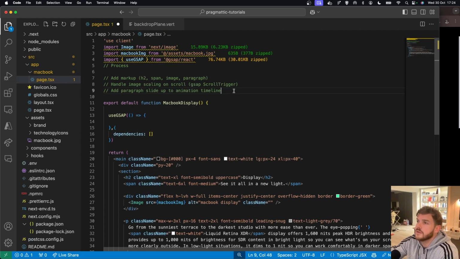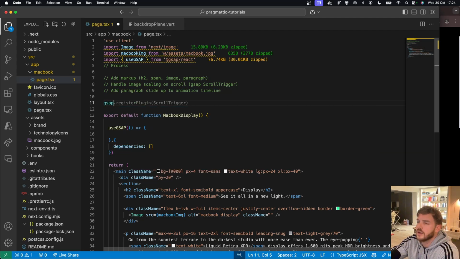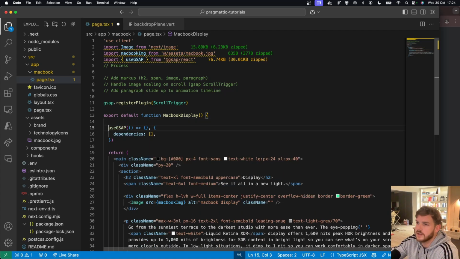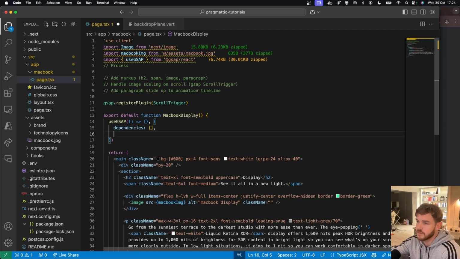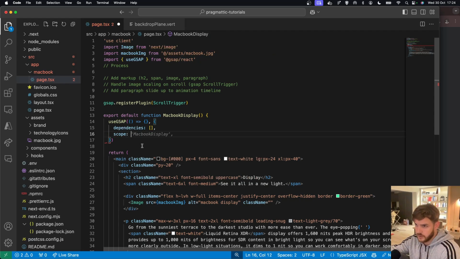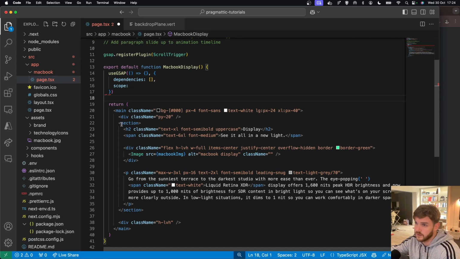So the useGSAP hook is what I'm going to be writing here instead of a useEffect. It basically does the same thing as useEffect, except it cleans up the animations. So if either the dependencies change or the component is torn down, we can define a scope which will make it easier to use kind of generic query selectors. So if I put a ref on the container or the section,